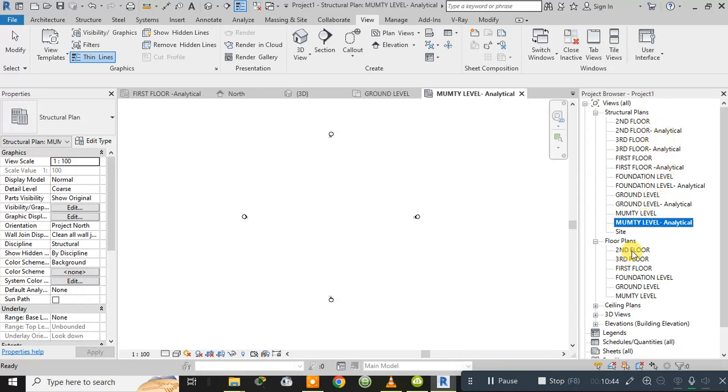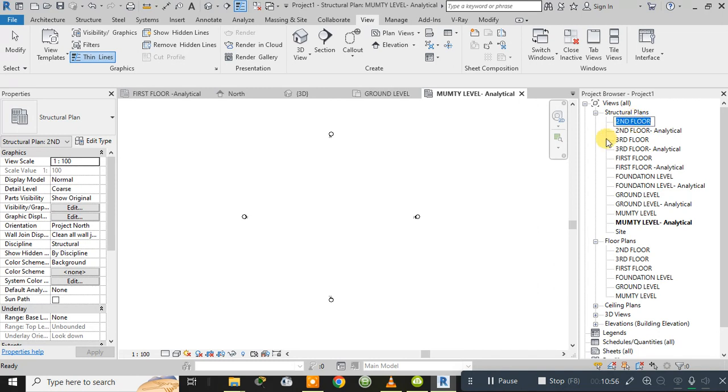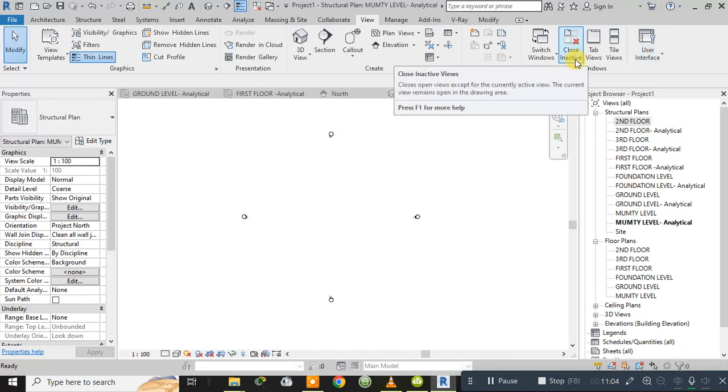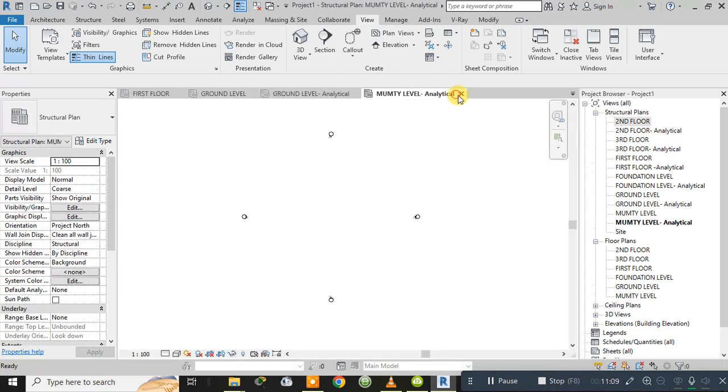But remember that as soon as you will go to the second floor and press the VB button in the keyboard, go to the second floor. Let me first delete all these tabs, or you can simply close here, or let me do one thing, let me delete it individually, all the plans. Let me go to the ground level. After clicking in the ground level, now you can click it here and press VB,